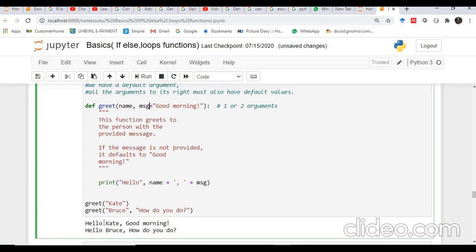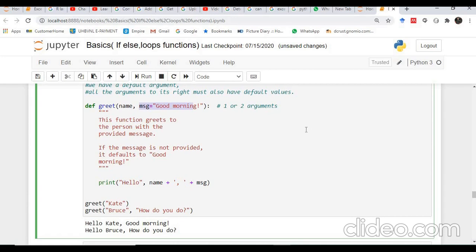And see why we are getting this output. The name is Bruce, and the value of the message is how do you do. So instead of getting this good morning, we are getting this how do you do as the second output in this second call. Okay, so in this way we can have functions with some mandatory and some default parameters.